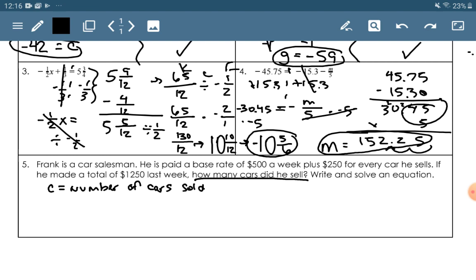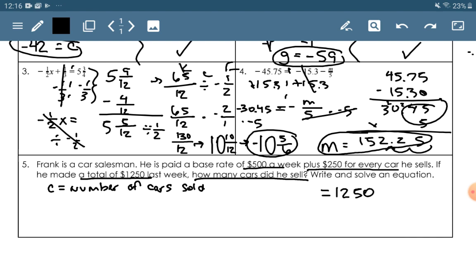Next thing I'm going to do is go through and figure out what my ultimate or ending value is along with any other important piece of information. So he is paid a base rate of $500 a week plus $250 for every car he sells, and he made a total of $1,250 last week. So my total, my ending amount, that's what it's going to equal. That's one of those phrases that we used before. It's all going to equal